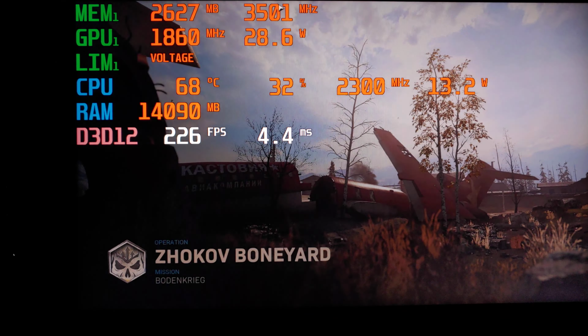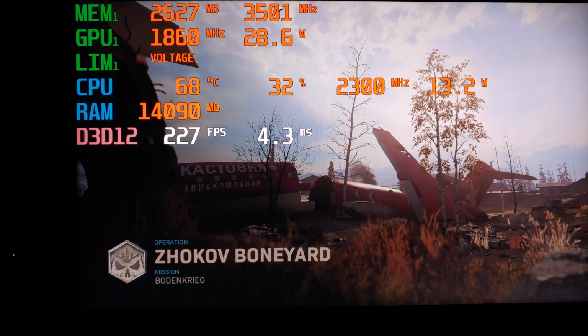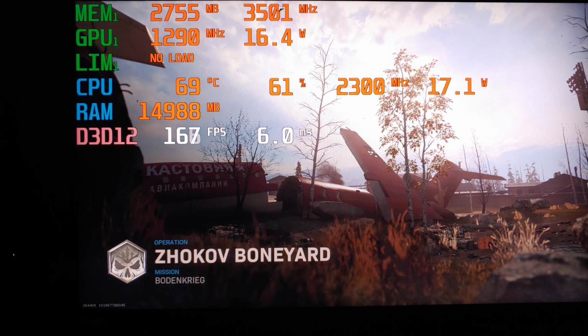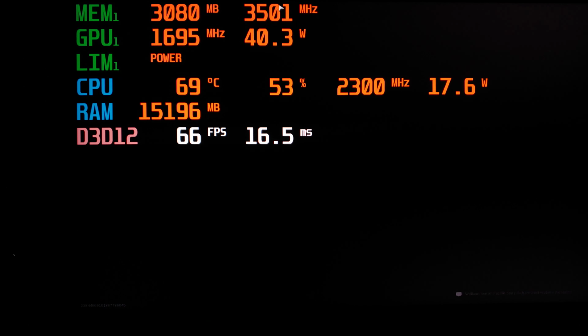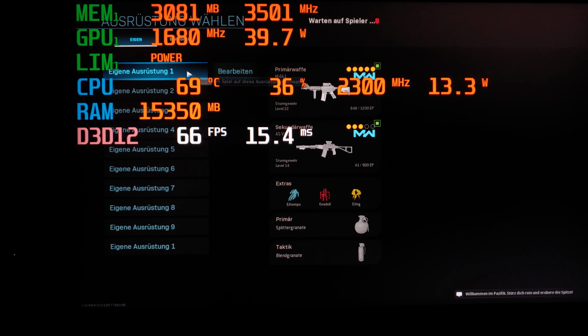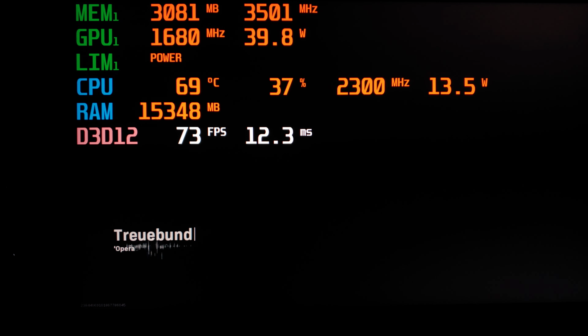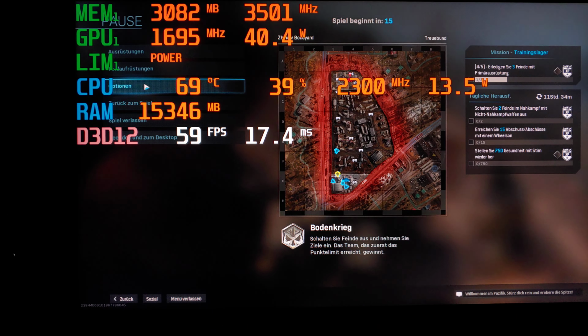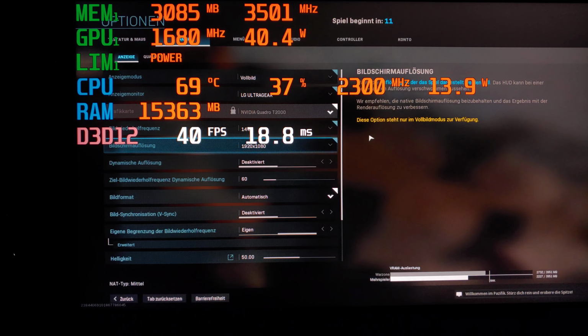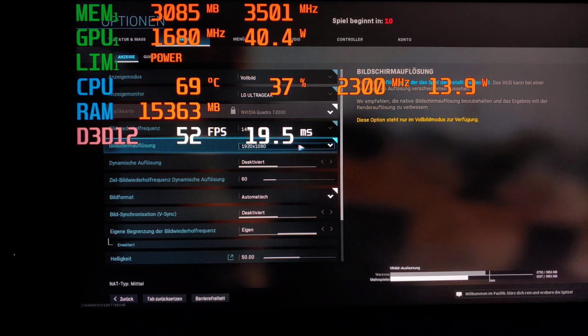Well, hello and welcome everybody to a new video where we are going to take a look at the performance of the Dell Precision 5550 with the Nvidia Quadro T2000 as well as the i9 CPU together with 32GB of RAM in the game Call of Duty Modern Warfare from 2019. And we're playing Ground War, so the biggest play mode in the multiplayer. And we're playing at 1080p